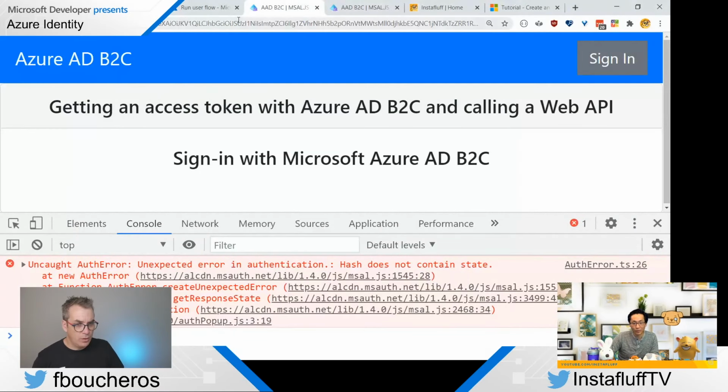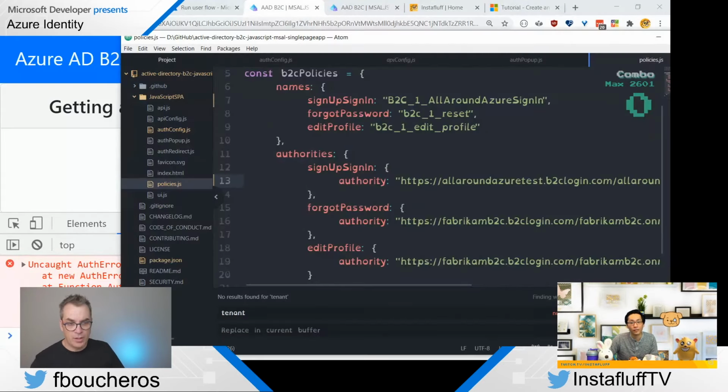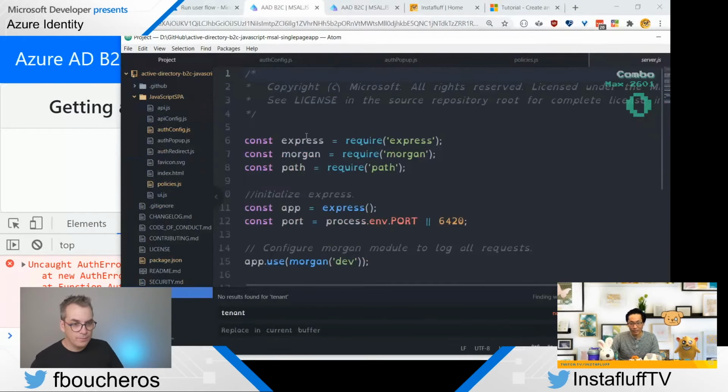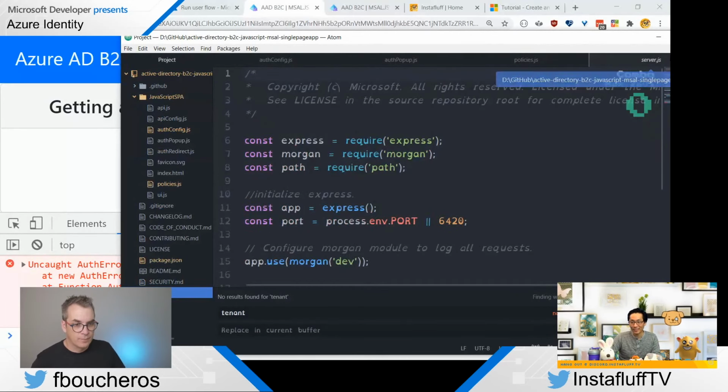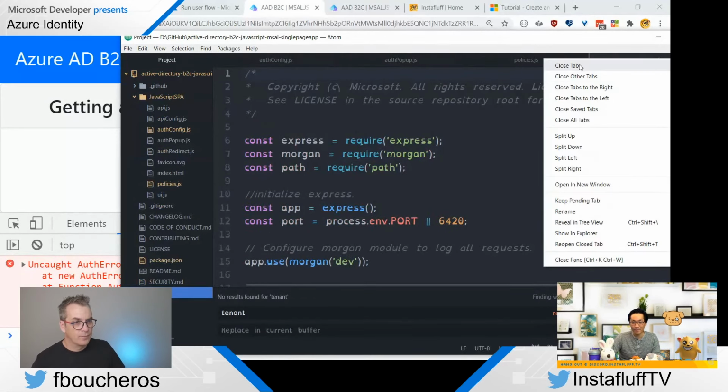Don't you need to rebuild or something? No. Did I reveal something? Oh, it's pure. It's not in Node. It's just JavaScript. Oh, yep. It's just JavaScript. This is actually just a single page app. Yeah, there's no node thing or anything. The Node part just serves the page. Pretty cool. Oh, close tab.